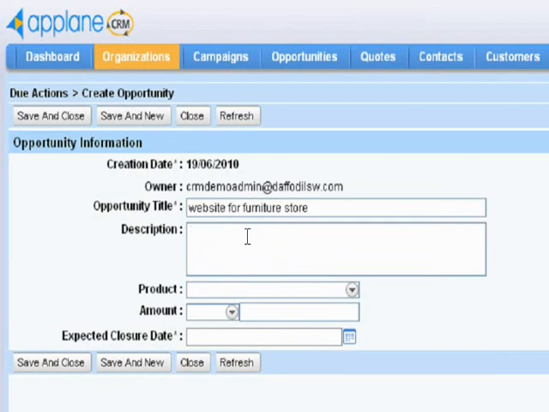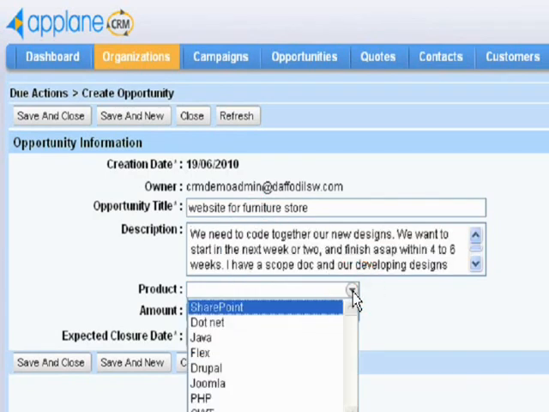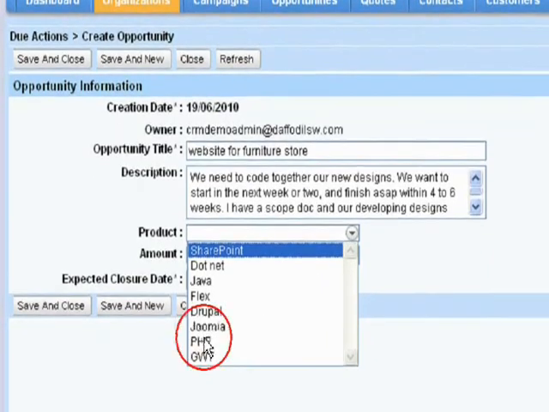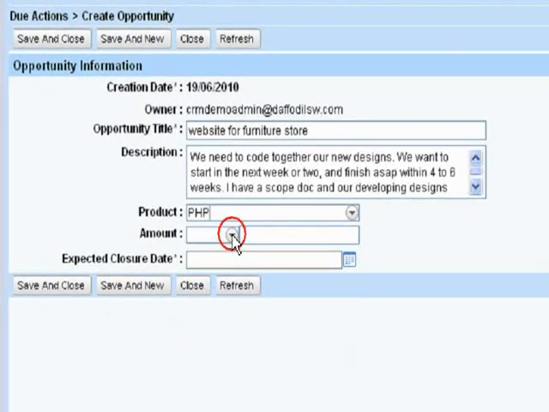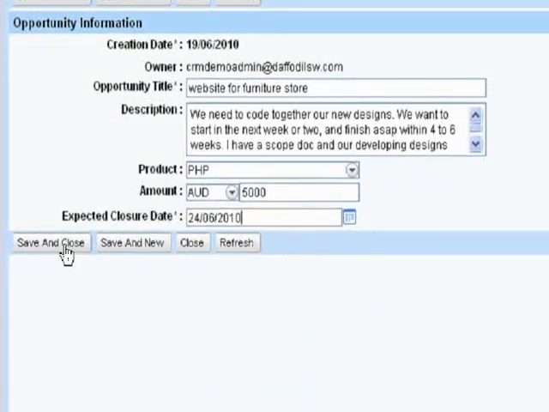Give it a specific description, define its product or the technology, define its currency, give it a value, give it an expected closure date, and then save and close.